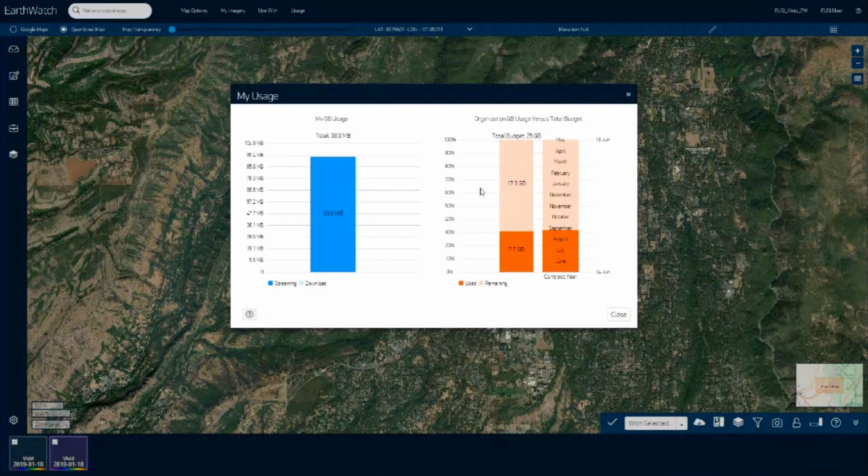We are in October now, so we have some margin, and we can use the tool a bit more, even a bit more. So using this panel, you can track if you are over consuming or under consuming your quota, and ultimately at the end of the year, you can decide whether you need a bigger or a smaller EarthWatch account.